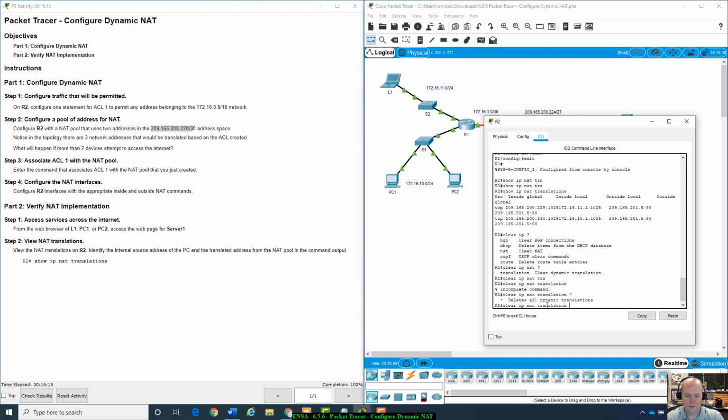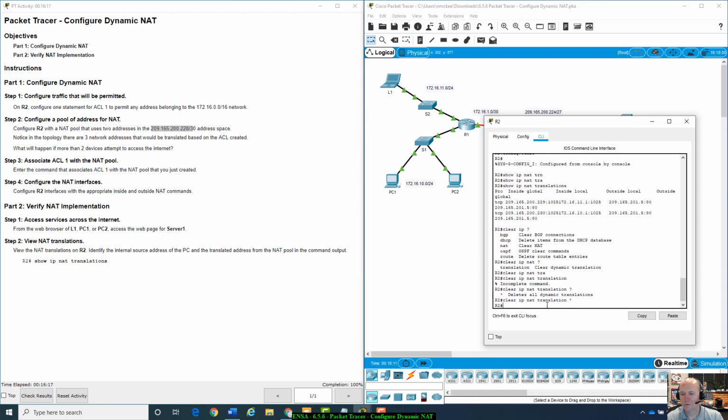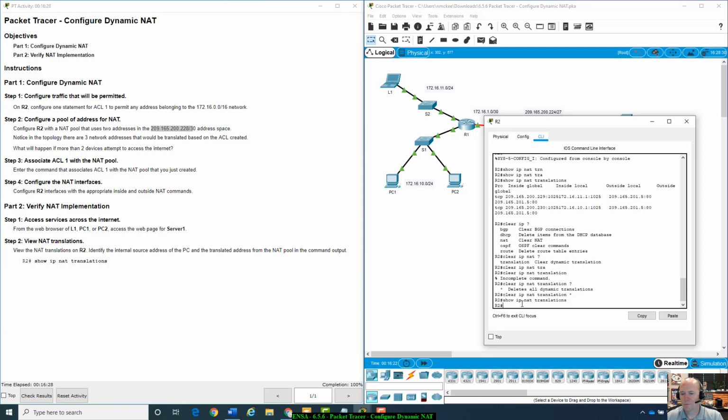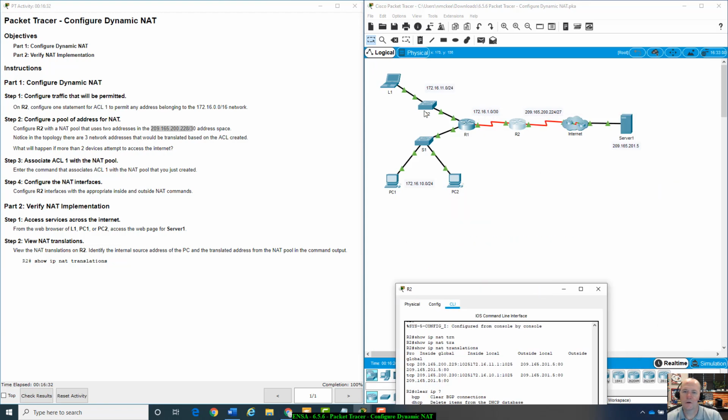Okay, yeah, so an asterisk for all. And if I do my up arrow, go back to show IP NAT translations, nothing. And if I go over here, go to L1,